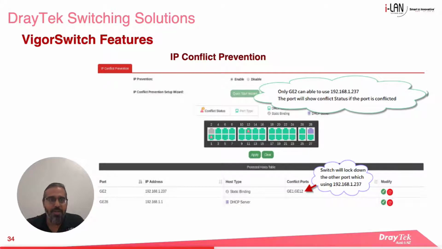When an IP conflict occurs, the details are shown in the web interface of the Vega switch. Here we see that gigabit Ethernet ports 1 and 12 are conflicting with port 2. The network administrator will also be notified if the notify option is selected. The port servicing the DHCP server can also be selected to prevent other DHCP servers from being introduced on the network.